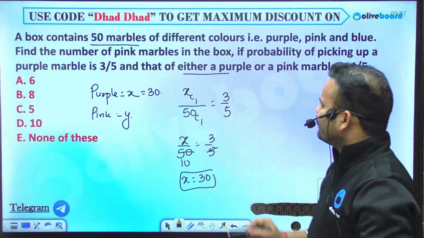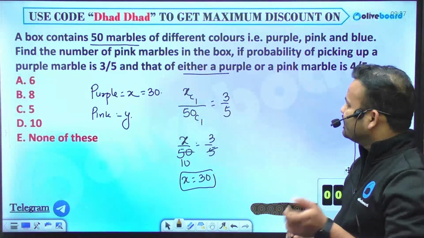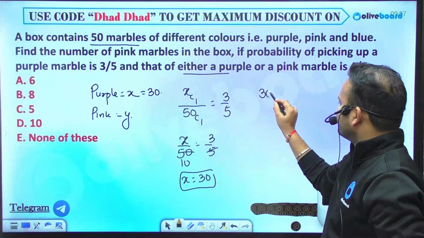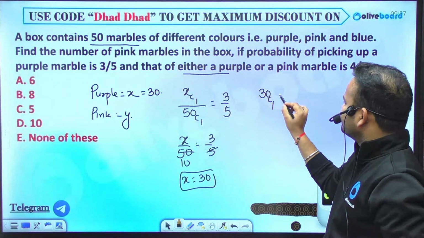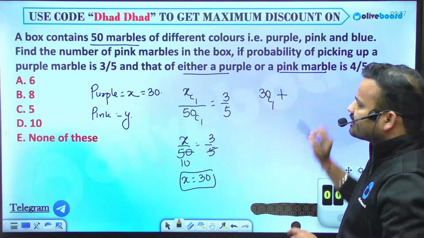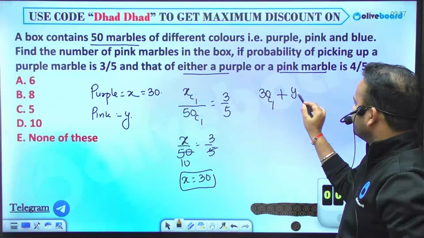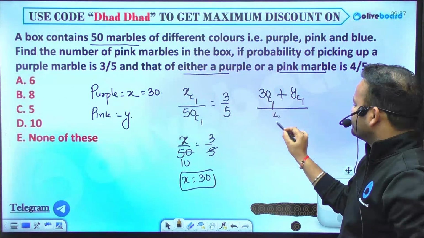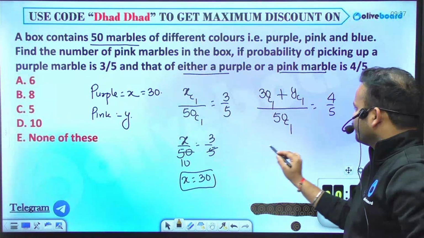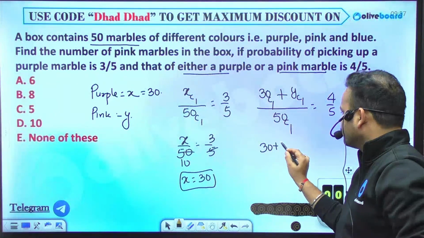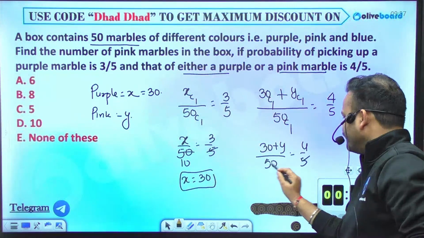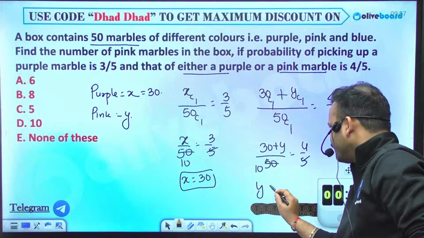Either purple or pink. How many purple are there? 30C1. In this case the AND condition becomes a plus, so pink marbles, how many? Pink marbles are y, so y C1 upon total sample space 50C1 is equal to 4/5. So (30 plus y) upon 50 is equal to 4/5, and 10 times eliminated, so the value of y will be what, for 10,